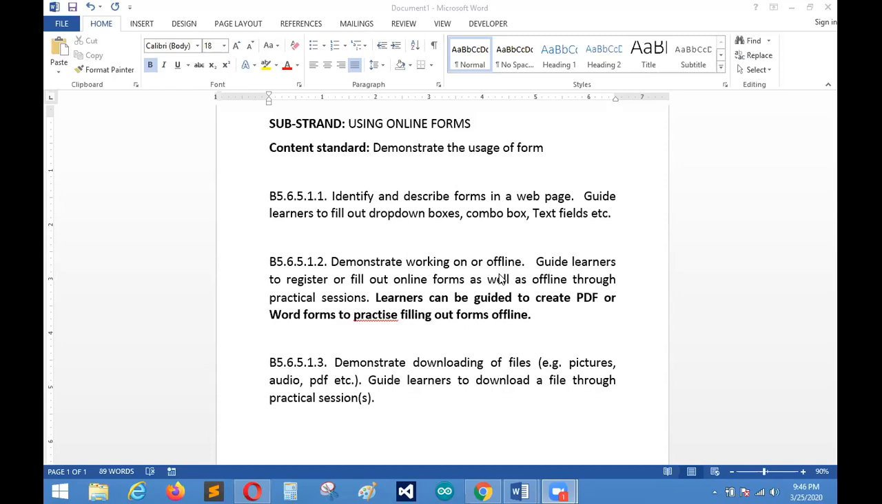B5.6.5.1.2 says that demonstrates working on or offline. Guide learners to register or fill out online forms, as well as offline through practical session. For this indicator, you can just open any website that has a form on it, and then your children can fill out the form. That one will be the online form. But when we talk about the offline form, you can also print out any form and they can use a pen